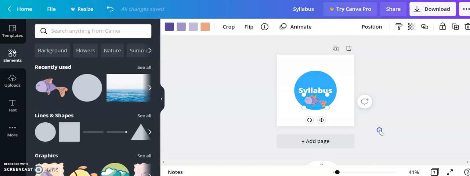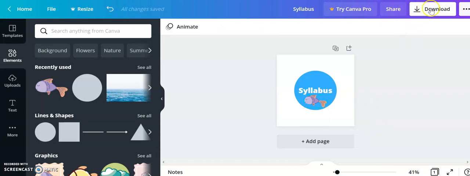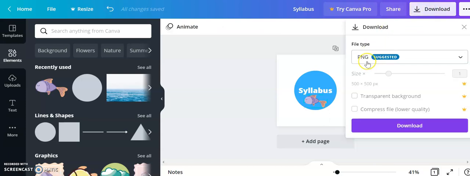And that's it. And then you want to select download. Make sure you download in PNG. So you want it to be a PNG file. It's just easier to use and easier to upload into your LMS. So you just select download, it downloads onto your computer. You can also create